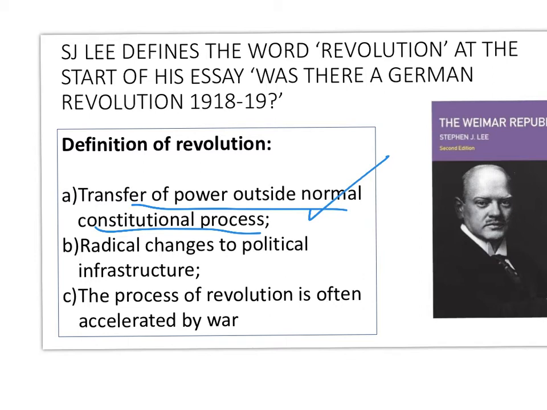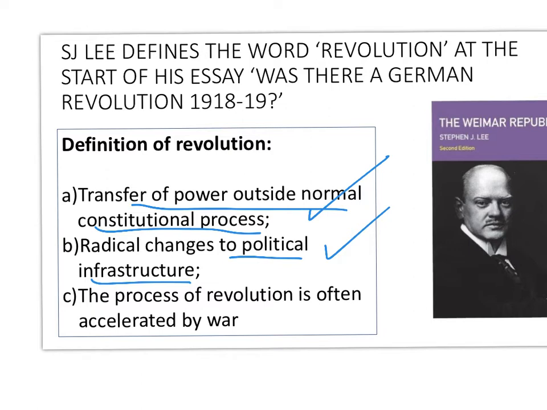So secondly, radical changes to political infrastructure, okay? So again, think about that. That's pretty much what I've just said in terms of beneath the government, you've got the machinery of government. Sometimes we call it the establishment, the kind of machines that make the country work. And by that I mean things like the army, the civil service, the education system, okay, the judiciary, the law